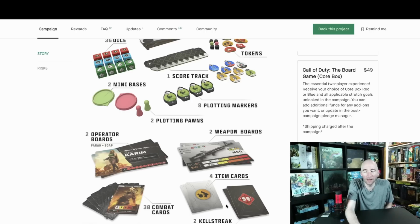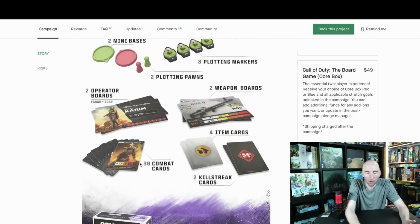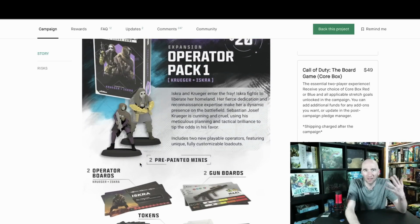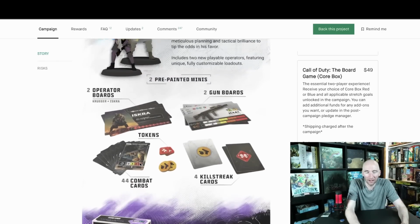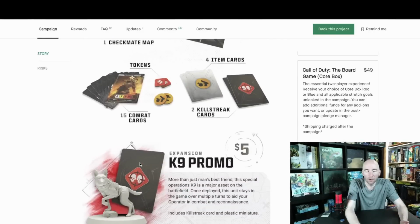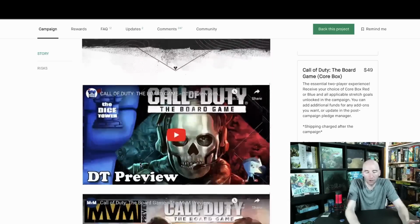Again, I don't know how any of this works. I don't know how the weapons boards work. I don't know how the operator boards work. I don't know what any of the combat cards do. You tell me in the latest update that there's a kill streak thing where you get extra bonuses or whatever. But details, none. Hardly any whatsoever on the page itself. So if you don't want to watch a bunch of preview videos, because, I mean, again, that's what, if you go down here, preview,